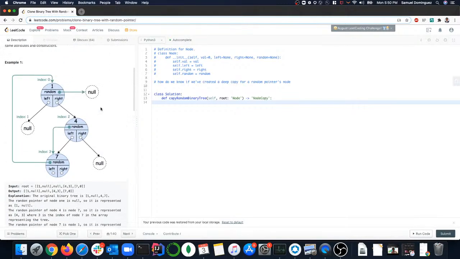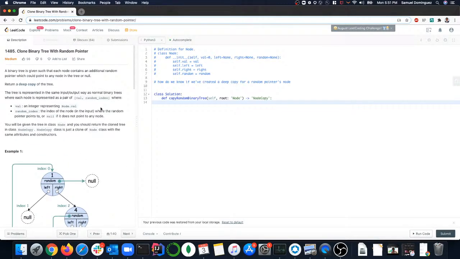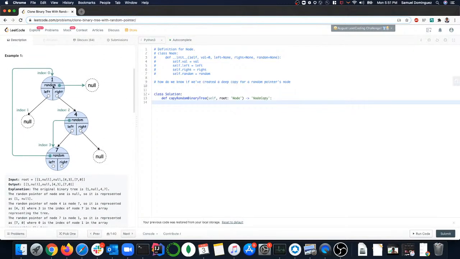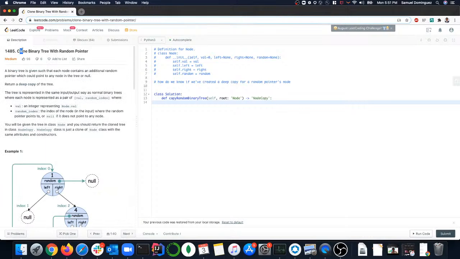But if you remember from the linked list version, it was basically just storing the mapping between the old linked list nodes and the new linked list nodes inside of a hash map. Now this one's going to be similar,